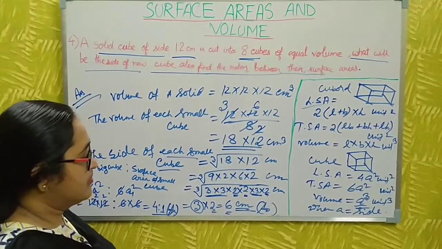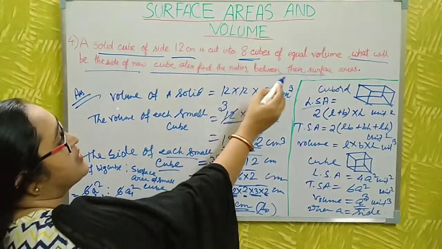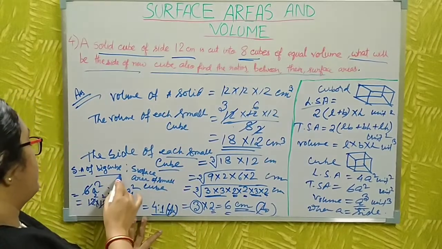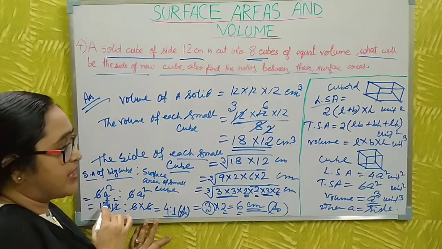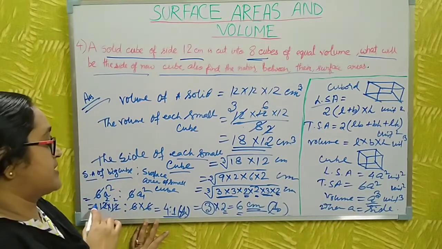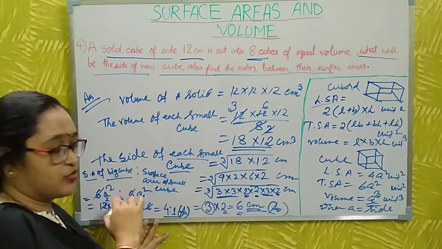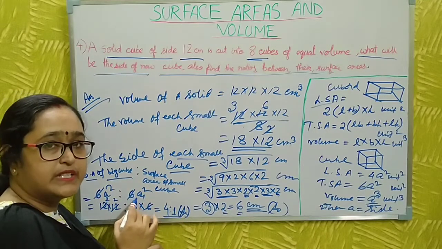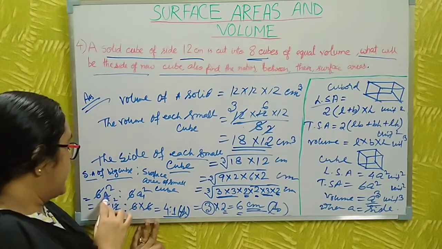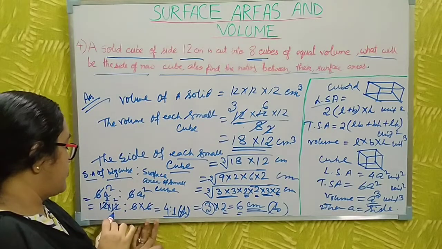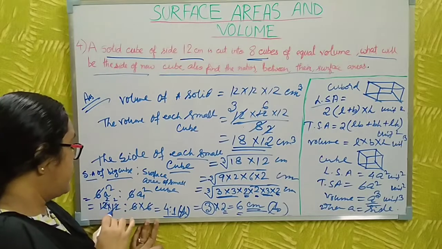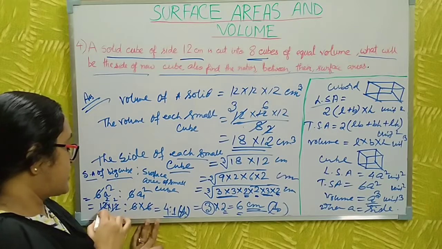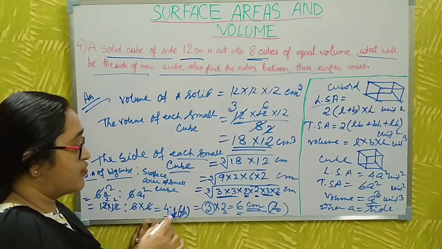Now the question is to find the ratio between the surface areas of the 2 cubes. The surface area of the big cube, as all of you know, is 6a square. I put here 6a square, where a is the side of the bigger cube, and the surface area of the small cube is 6a1 square, where a1 is the side of the small cube. Now you put side 12. 12 into 12, the 6s cancel, and a1 side is 6, 6 into 6, and cutting it down, the answer becomes 4:1.